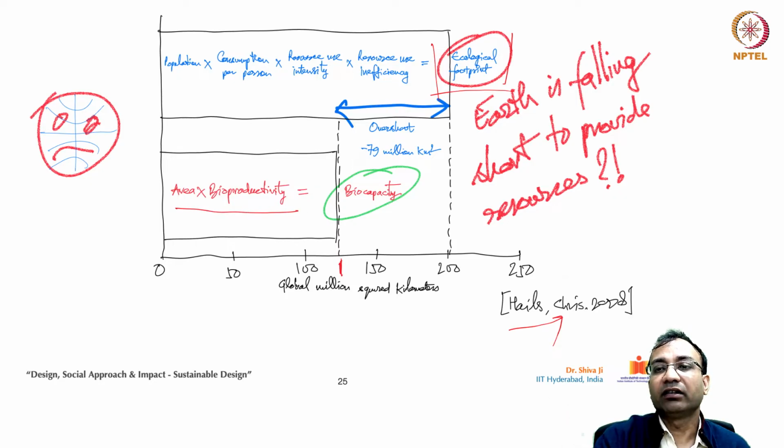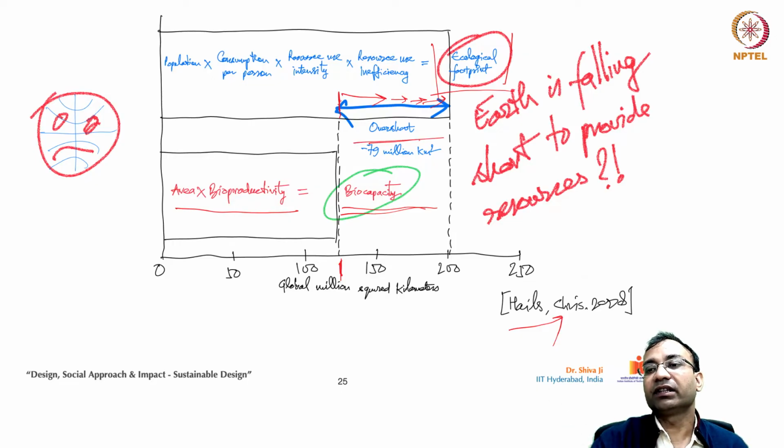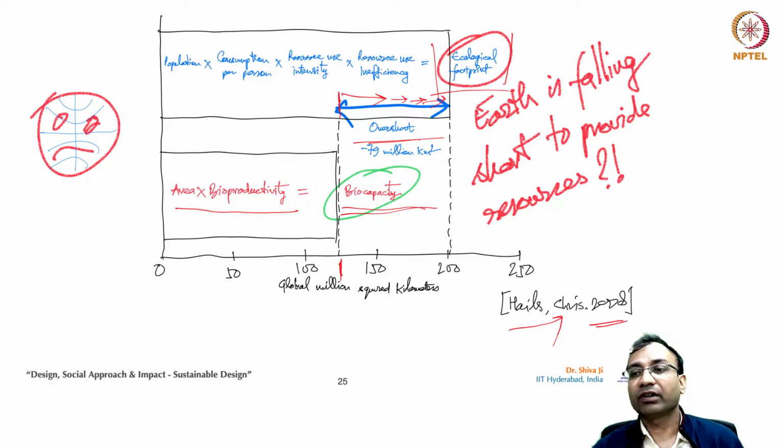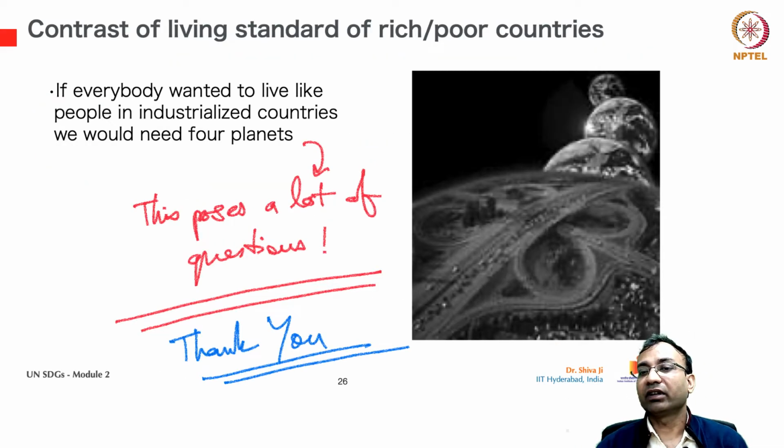So if the footprint goes beyond this range, which researchers don't like, it goes into overshoot. You see this term. As per this year's data, there was an overshoot of 79 million square kilometers, that much of the earth's land surface is needed additionally. So that is one interesting finding.